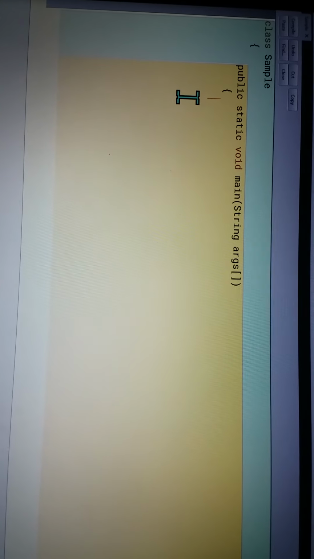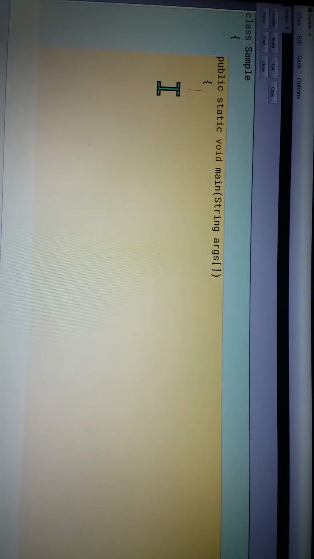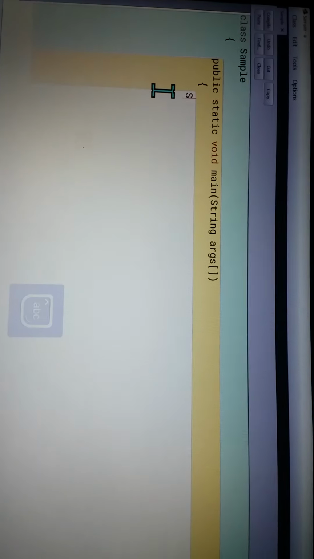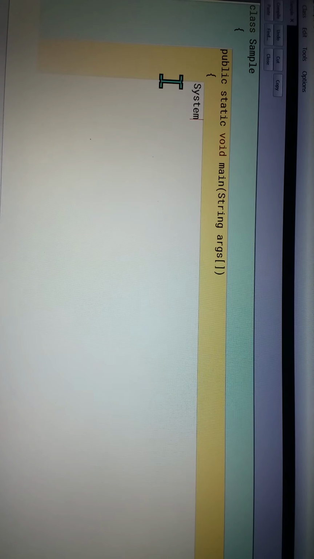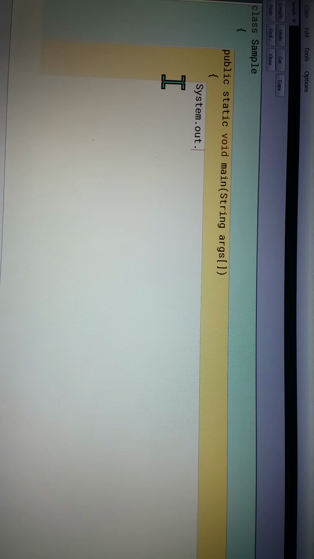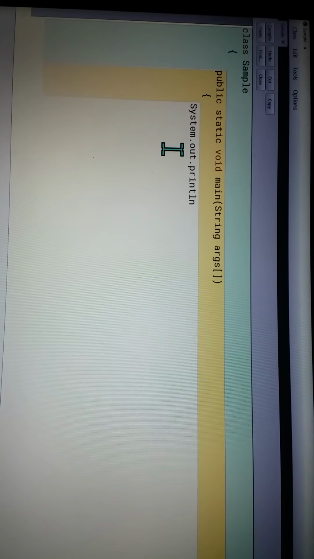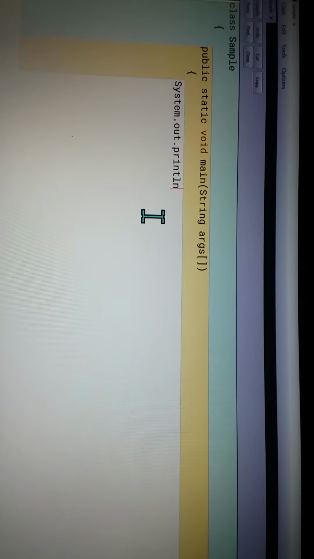Suppose I have to print my channel name. So I will first write System.out.println. System with capital S, dot out dot println. To print something you have to give println, System.out.println, then a small bracket.